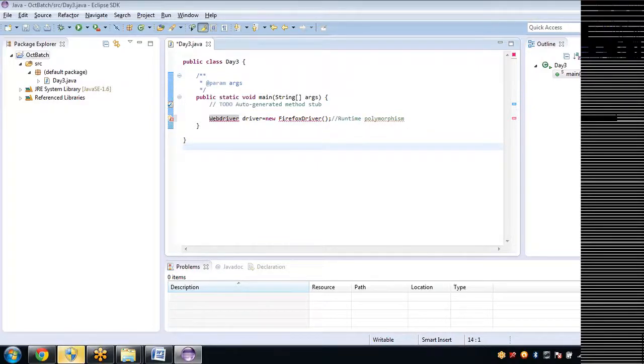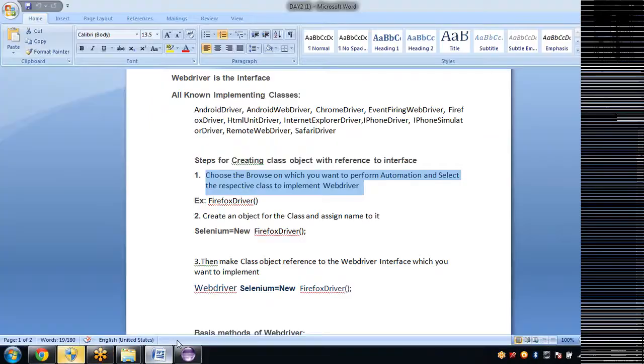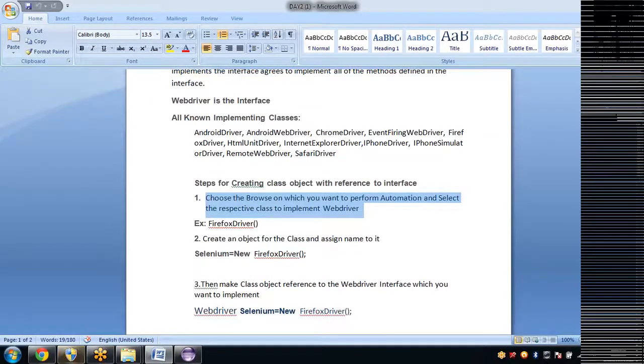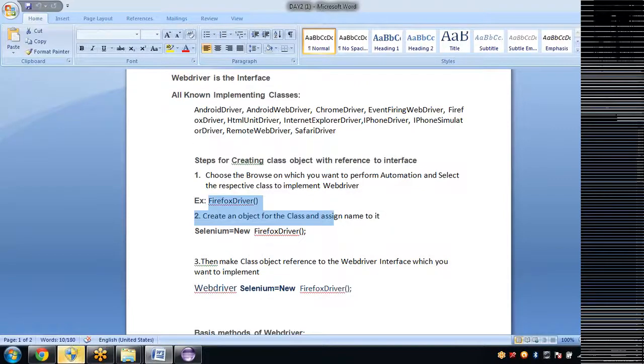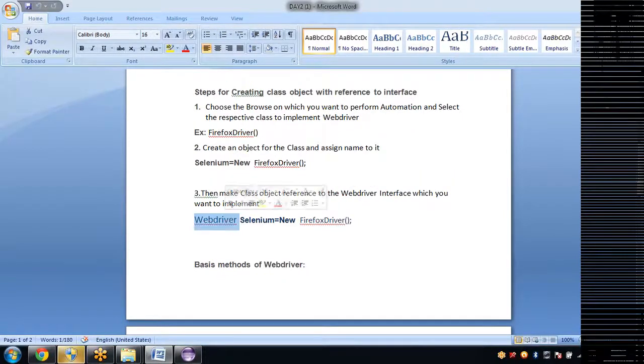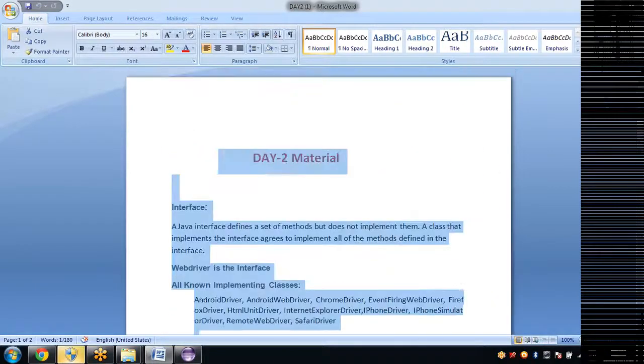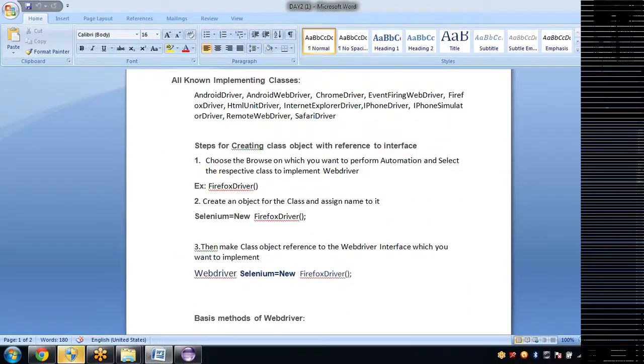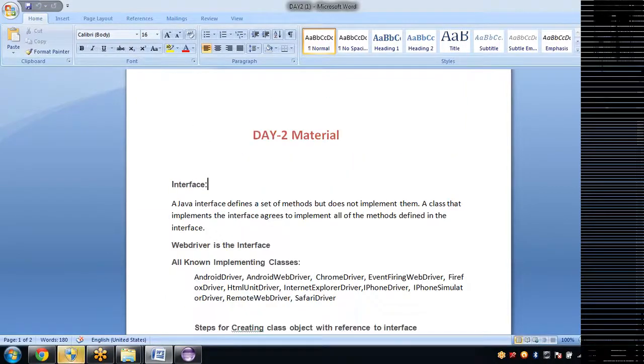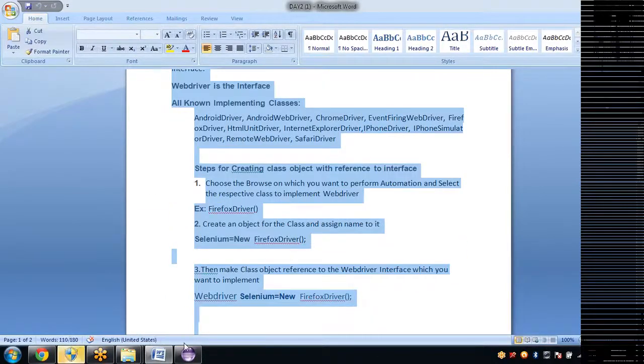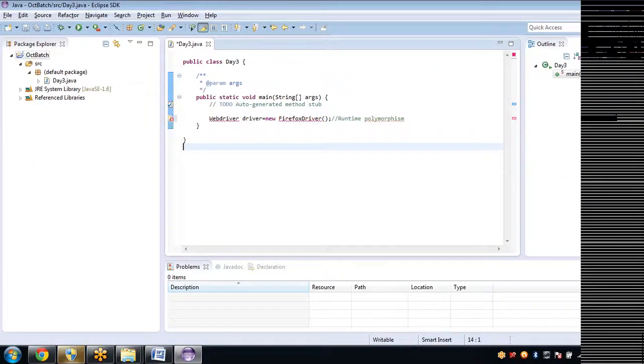One query has been asked here, and we have the notes here, where I have explained the steps for creating a class object, how to create an object, and how to make an object reference. Okay, you can watch these steps for the theoretical part, and what I'm telling you now is practical. Again, watch the theoretical part, and if you want, listen to this first 10 minutes of the video again, you will get clarity. Okay, the first time it will be a little confusing, that's the case for everyone, but in the coming days you will be very clear with all these concepts.